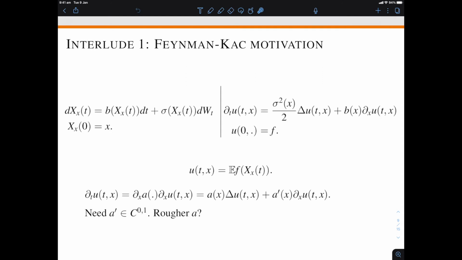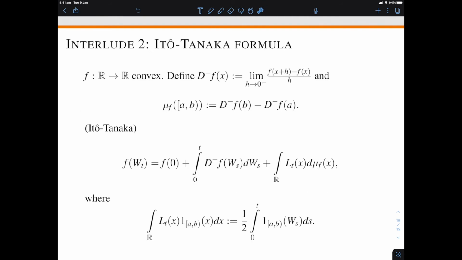And I'm going to show you how Karatzas and Ruf did something like that using a Doss-Sussmann approach in 2014. But before I do that, I need to do one more interlude and show you how the Ito formula can be extended to deal with such rough functions. And this is called the Ito-Tanaka formula, and this works for convex functions, because for a convex function you have